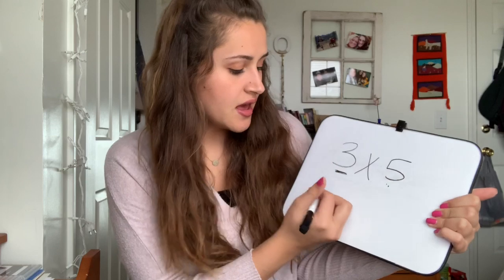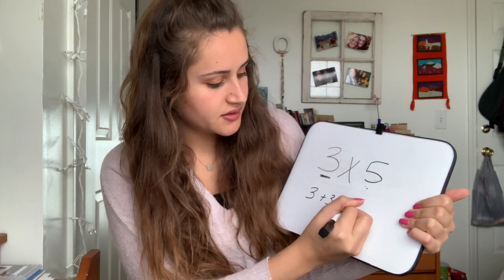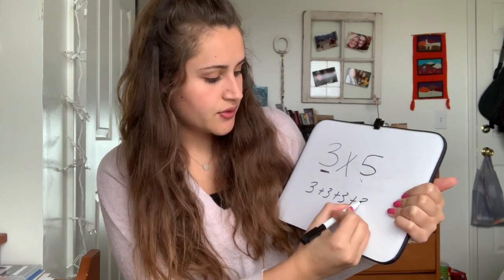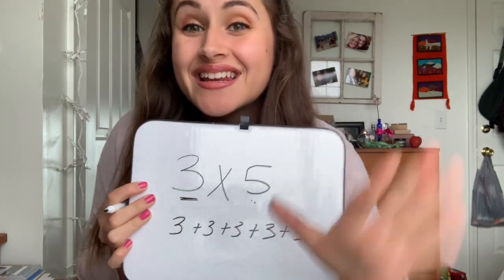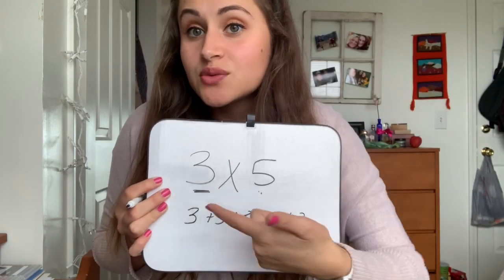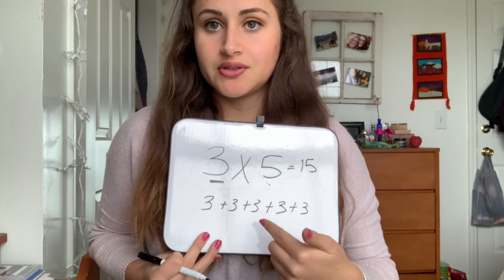Repeated addition would technically be 3 plus 3 plus 3 plus 3 plus 3, right? So we have 3 repeated 5 times, because that's what this equation is telling us, 3 times 5. And we can add these up: 3 plus 3 plus 3 plus 3 plus 3, which would be 15. Okay? So now that we know that multiplication is repeated addition, let's look at a fraction problem